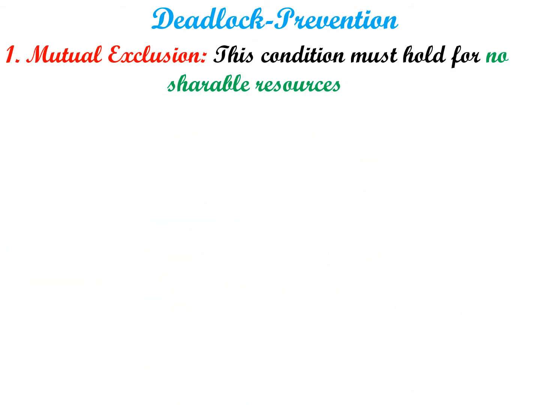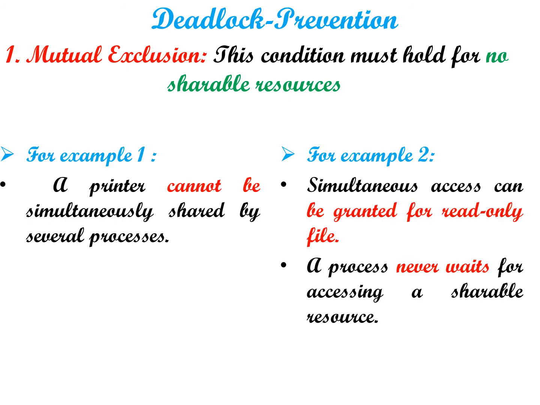Let's see how we can avoid the four conditions of deadlock by using the deadlock prevention technique. The first condition is mutual exclusion. Mutual exclusion says that a resource can only be held by one process at a time. If another process is also demanding the same resource, then it has to wait for the allocation of that resource. Practically, we cannot violate mutual exclusion for a process because in general one resource can perform the work of one process at a time.